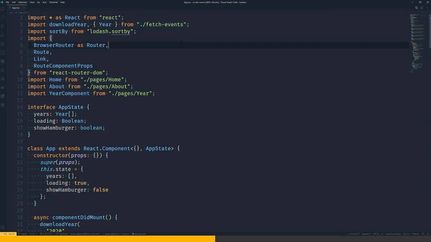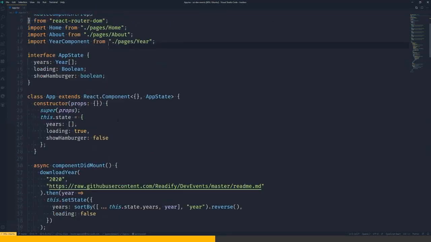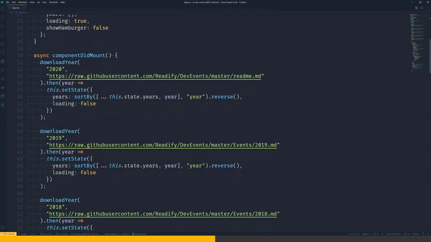We'll go down and have a look at how that exposes a function called download here. We scroll down to componentDidMount. I actually wrote this before hooks was out. If I was to go back and update this code, I would totally be doing hooks everywhere, because hooks are the awesomes, and it's the only way to write React these days. But I have this download year function.